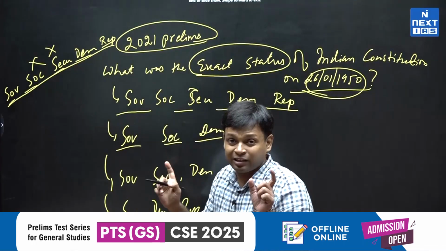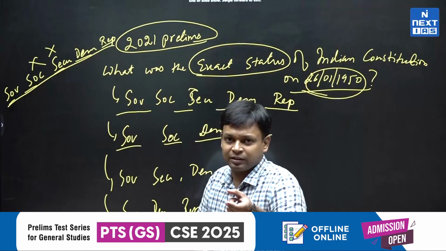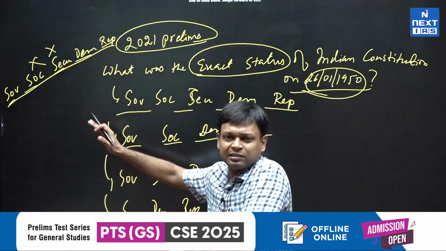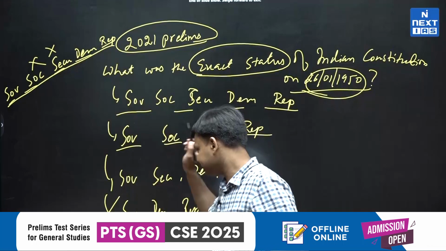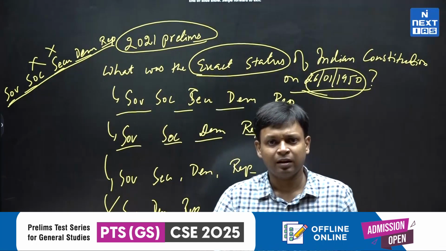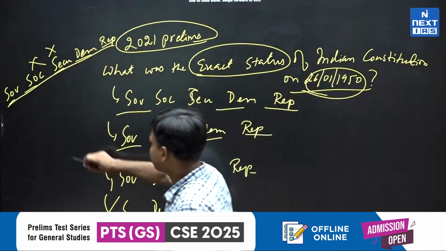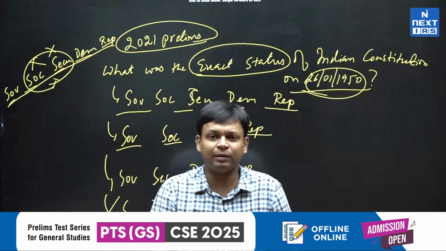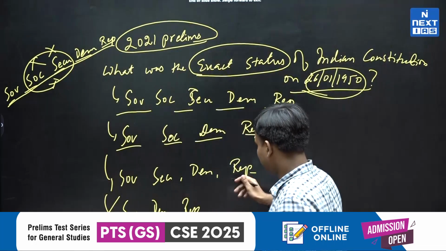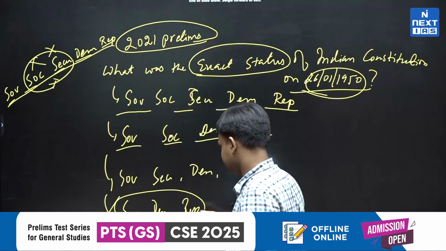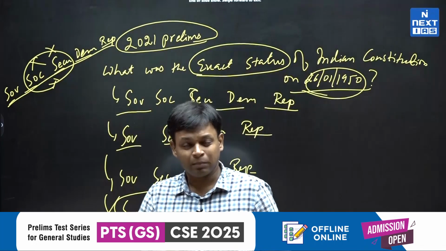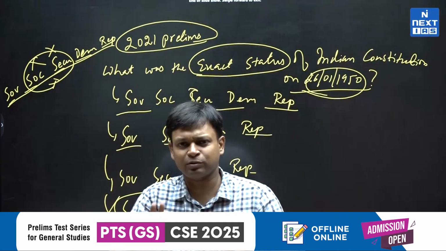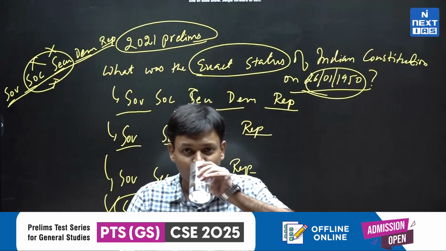normally if we have not studied polity in detail, first timers, if you are studying polity today, you're starting with it, you don't know much about the Constitution, you will say this is the correct answer. Because the original preamble did not even mention socialist and secular. These two were not there at all. So what was the exact status that the Constitution itself tells about itself? These 3 were the words which described it. But many students got this answer incorrect. Most students got it correct, but many got it incorrect also.